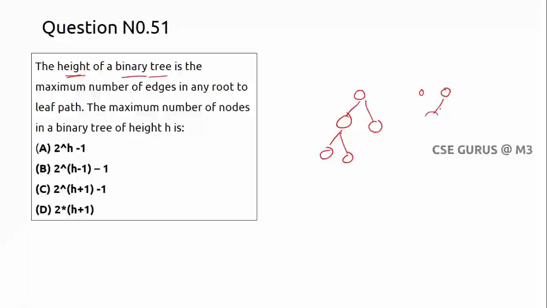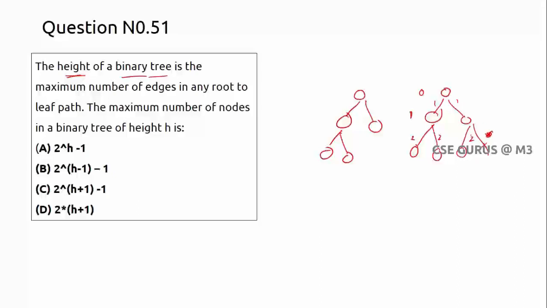Next, if I have one more node like this or like this, now I have one edge. Okay, here one edge, so which is the maximum? One only. So you have to check for left and right. So 1 is the height. Let us suppose here I have 1, here 1, and here of course I'll have like this. Here 2 edges, here 2, here also 2.